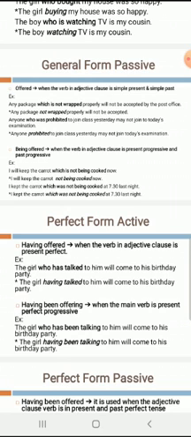Tadi saya ralat ya sedikit. Okay, for example, any package which is not wrapped properly will not be accepted by the post office. Which is not wrapped, simple present, but this is passive. Yang tidak dibungkus, bukan yang membungkus ya. Kan nggak mungkin paket membungkus dirinya sendiri. So in here you have to understand the meaning of the sentence, whether it is active or passive. So the sentence becomes any package not wrapped. Jadi jangan is not wrapped atau doesn't wrap ya, but any package not wrapped properly will not be accepted.